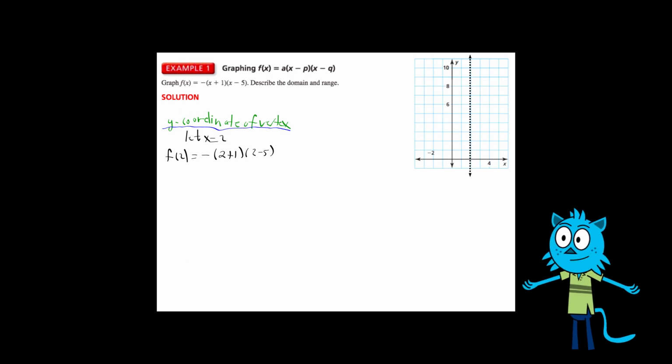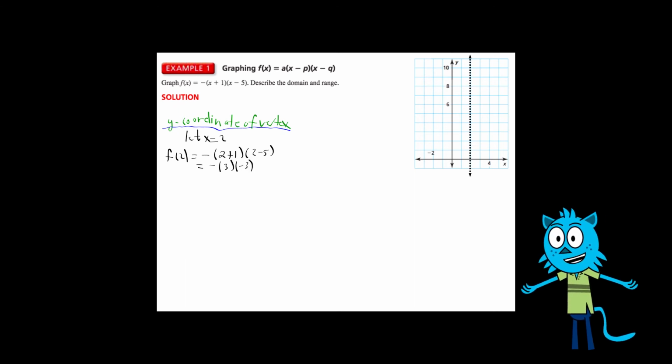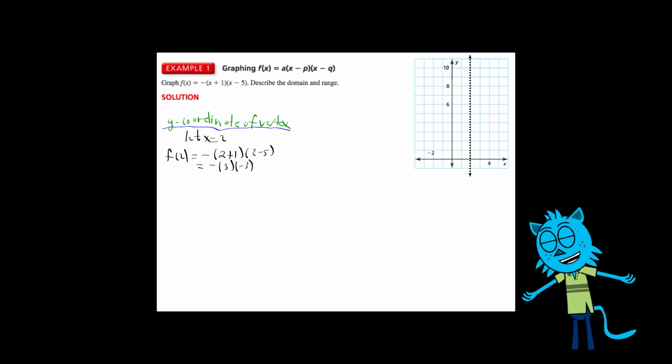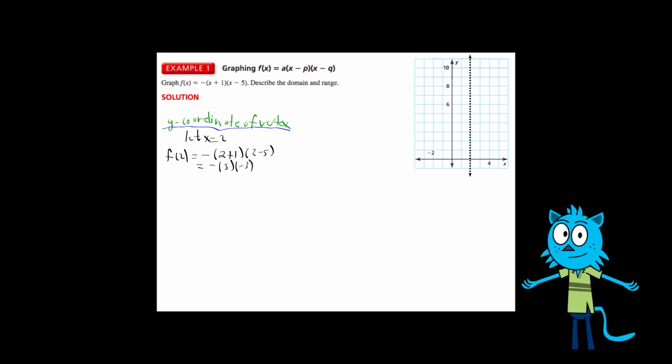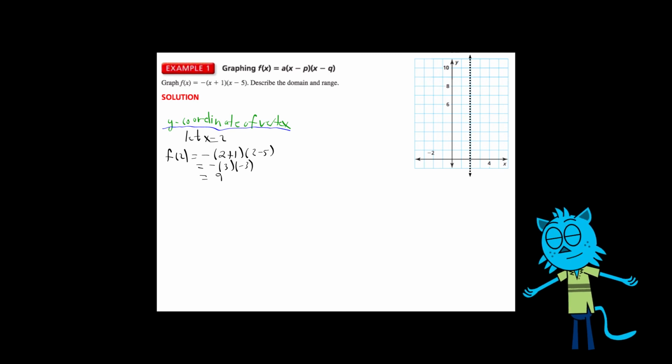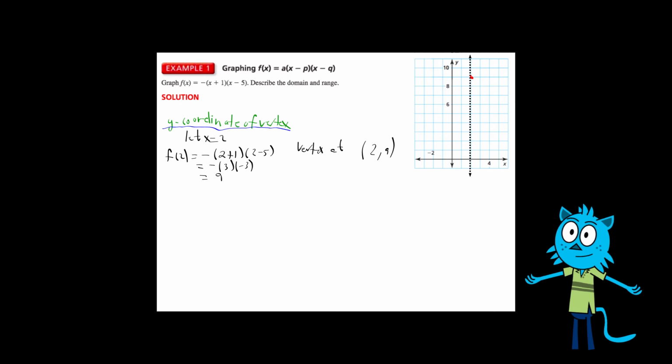Do a little bit of math, and then voila, we got that f of 2 is equal to 9. Now, what that gives us is our vertex. It tells us that our vertex is at (2, 9). Right, so you go to the right 2, you go up 9. So this one,